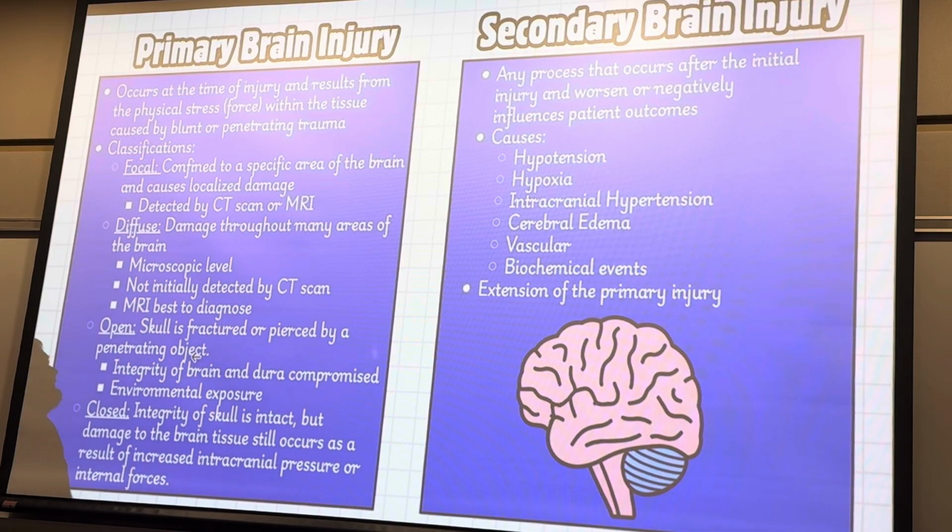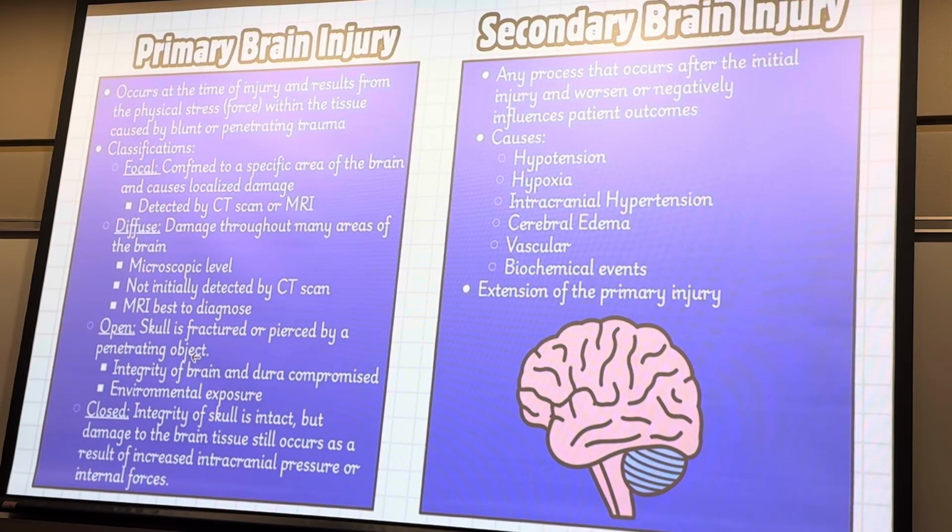All right, let's look over at the secondary brain injury. Secondary side over here on the right side. Anything that makes the primary brain injury worse. Not necessarily caused from the direct impact, direct force of the traumatic brain injury initially, but anything that's going to worsen the initial effects of the primary brain injury. So very similar to your secondary in your spinal column. These all kind of run similar to the same.